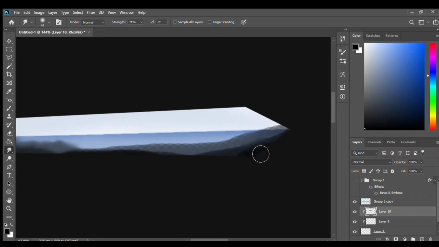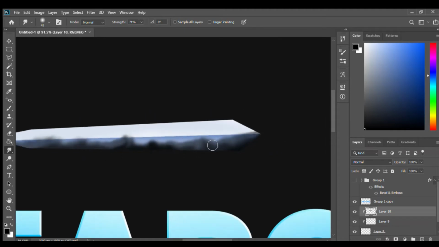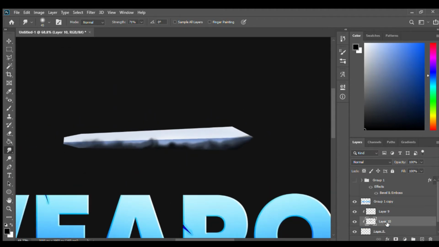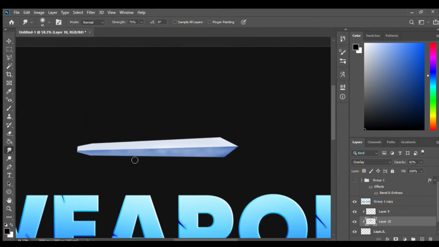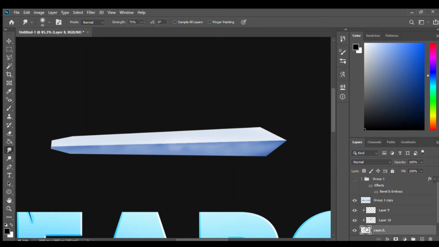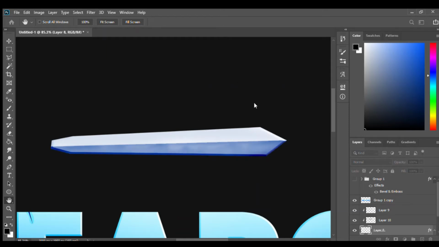It's just to make it more 3D. You can do like this, and this. Just make it below the normal layer and overlay. It's not much of a difference, it just makes it look better. And if you want, you can right click, blending options, and bevel again with the same stuff as last time,